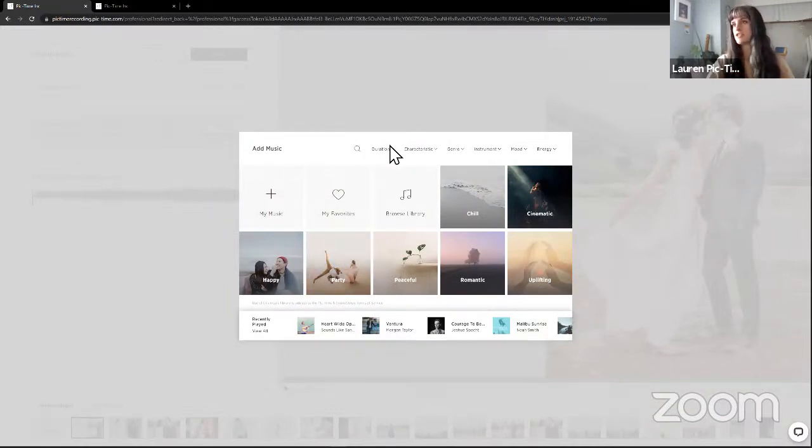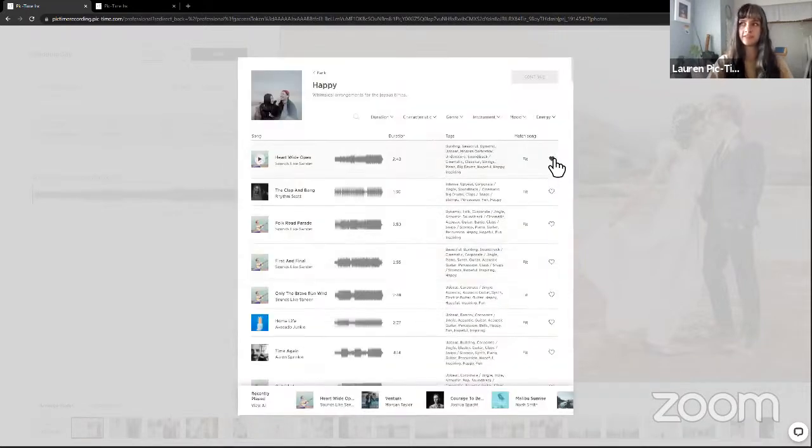So you can search via different parameters, or you can even search through some playlists that we have. You can also upload your own music. You can also come in and favorite different songs as well. And if you have